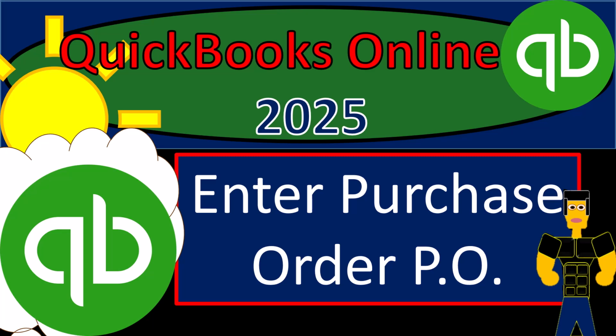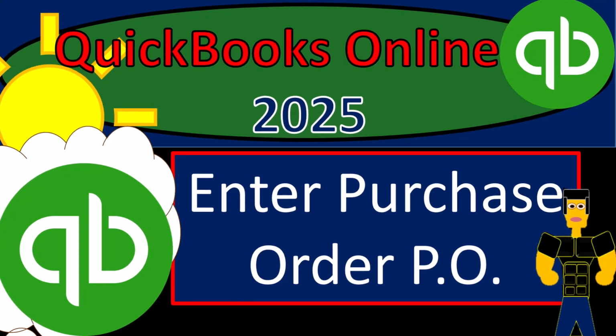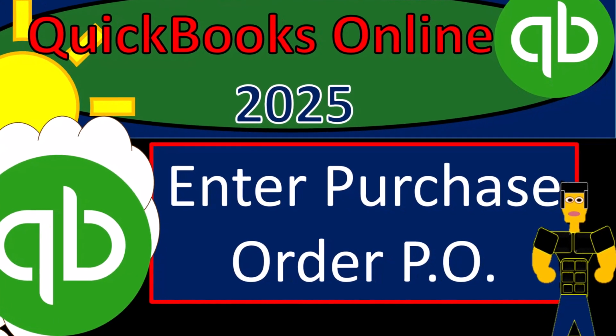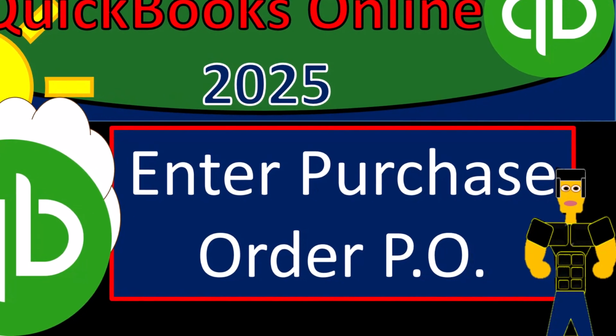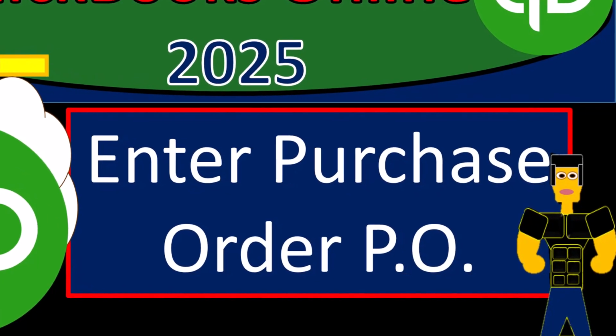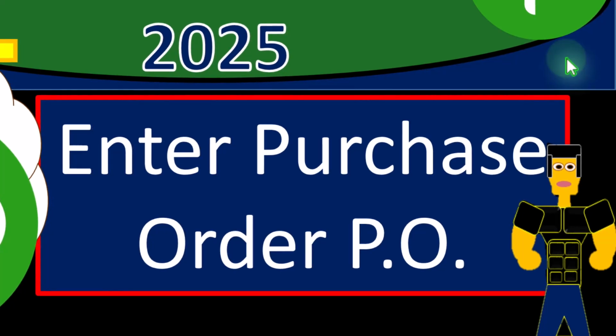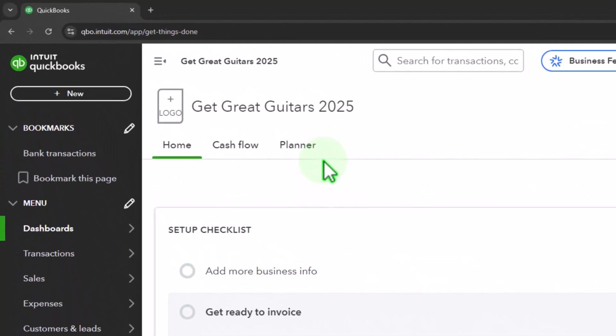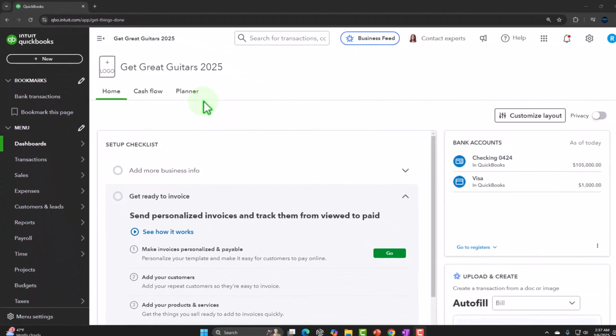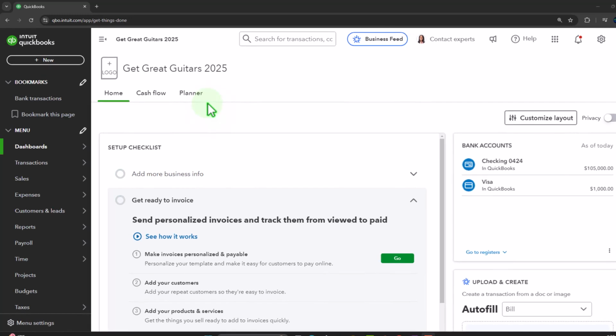QuickBooks Online 2025. Enter purchase order, sometimes called a PO form. Get ready and some coffee because we're learning how to save time with QuickBooks Online 2025. Here we are in our QuickBooks Online Get Great Guitars 2025 project file we set up in a prior presentation,